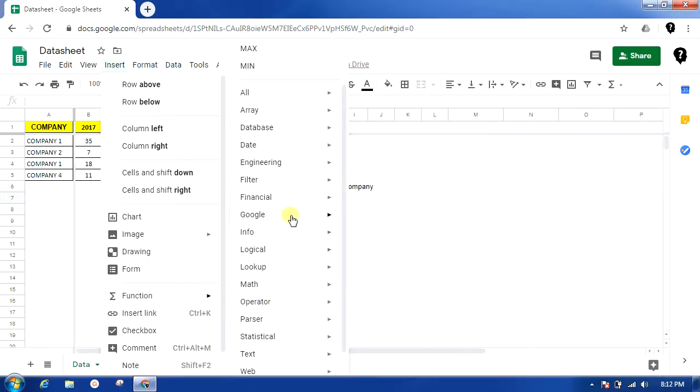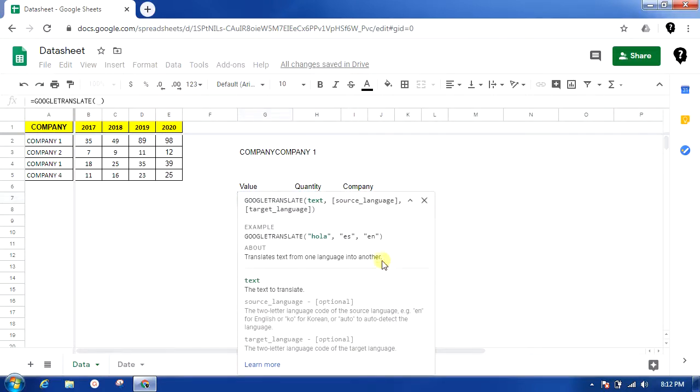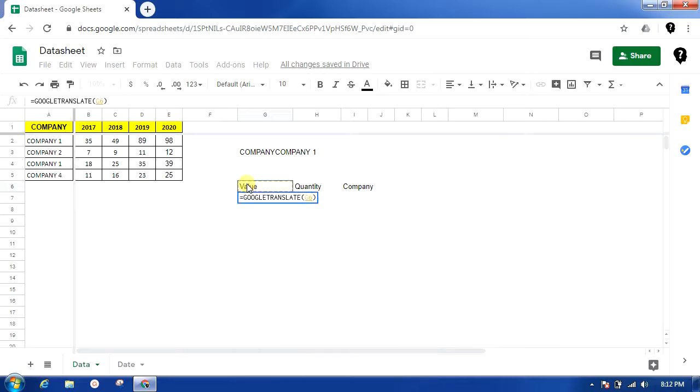So here we have Google Translate. What this does is it will help you translate the given search string or text value into a particular selected language. For example, text, it needs text. I'm just selecting the text from the cell.